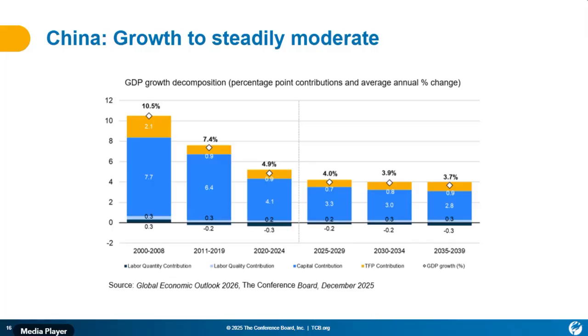The good news is that productivity growth has turned around. When this new generation of leadership came in 2012, they embarked on a campaign to make Chinese capital investment more focused. They have had some success in doing that, and this has resulted in an increasing contribution from total factor productivity growth. But you'll note that it's still pretty low. For an economy embarking on the transition from emerging to maturing, as China is, you would expect that productivity growth would be higher.